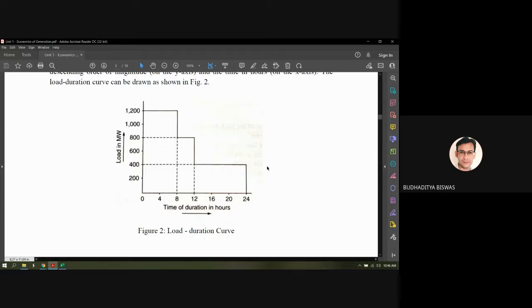And when the load demand increases to 800 megawatt for a small 4-hour time, we shut down 1 unit and 2 units simultaneously generate the power. If we are able to schedule like this, the utilization of each unit becomes very high, so the efficiency of the unit also becomes high. They generate at 100% of their capacity, so the utilization factor of these units becomes very high. So in this way, after drawing the load duration curve, we must fix the size and the number of units in the power plant.